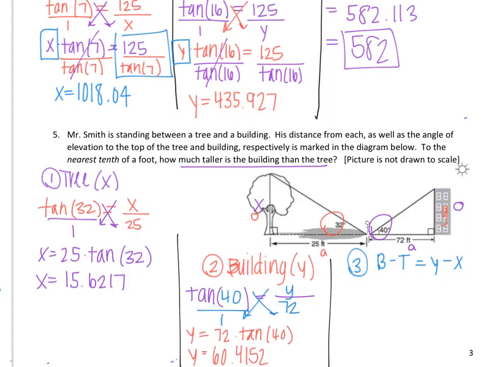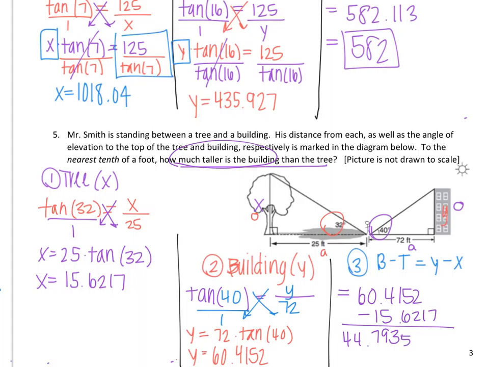Okay, so I found Y to be 60.4152. And our last step, remember, is to take the height of the building and subtract the height of the tree to find out how much taller the building is than the tree. So now I have 60.4152 minus 15.6217. When I subtract them, we end up with